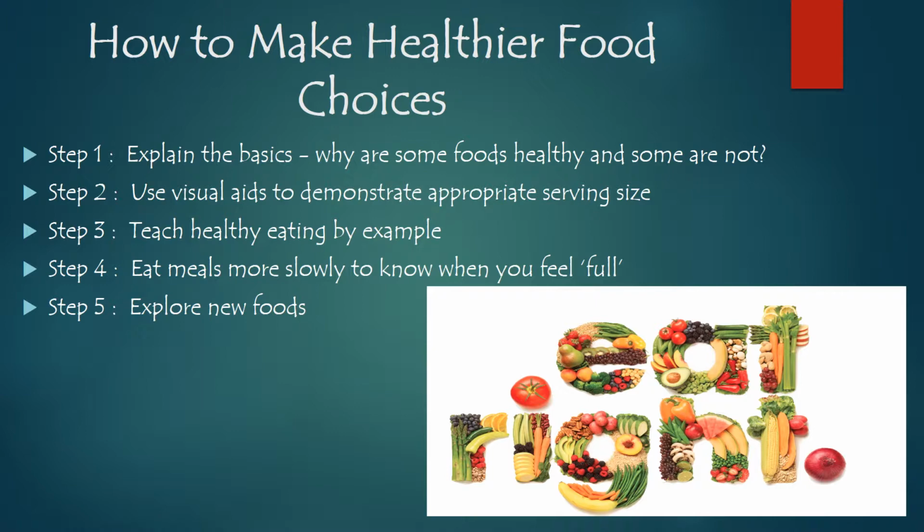1 serving of produce is about the size of a tennis ball, and a 1-ounce serving of cheese equals 4 normal-sized dice, like you'd use in a board game. Step 3. Teach healthy eating by example. If you are trying to educate your family about ways to change their diet for the better, start eating whole grains, fresh fruits, vegetables, and lean proteins instead of relying on processed foods, fatty cuts of meat, and foods high in fat.